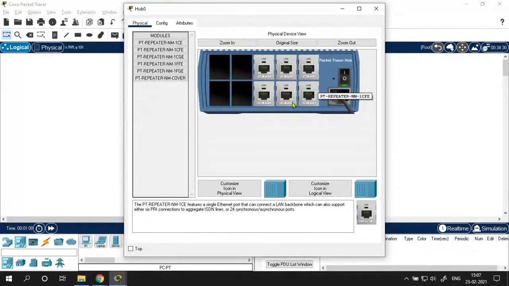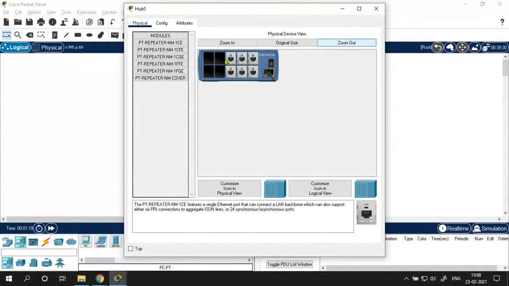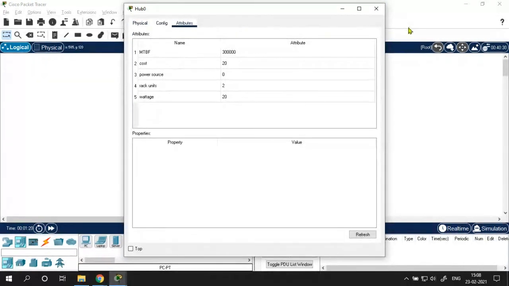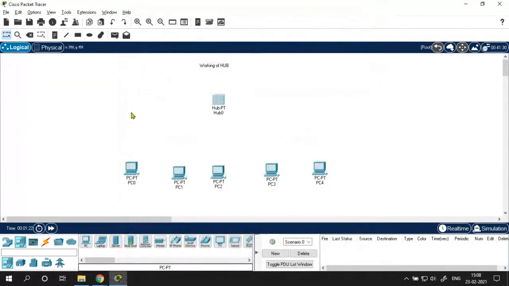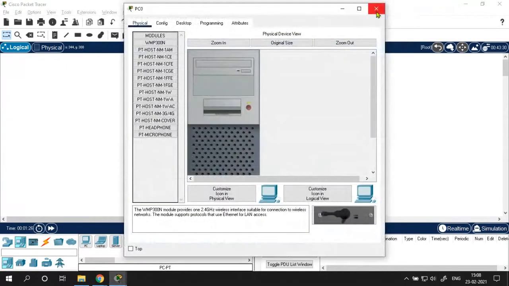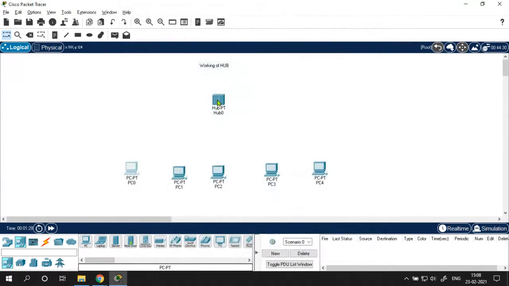You can connect up to 6 PCs here, right? So you can zoom out. Now I want to connect this PC1 to the hub. So let's hook up and connect these two.